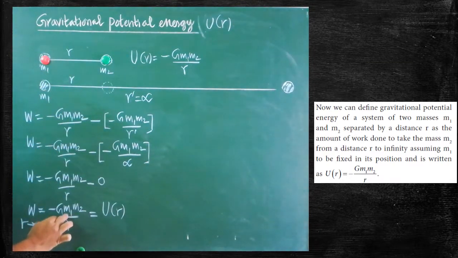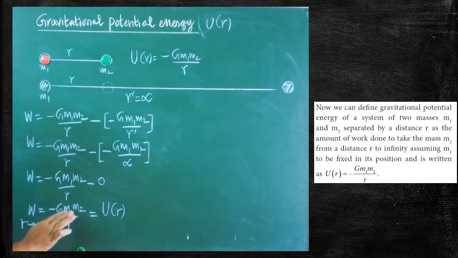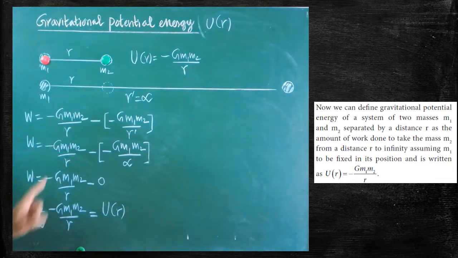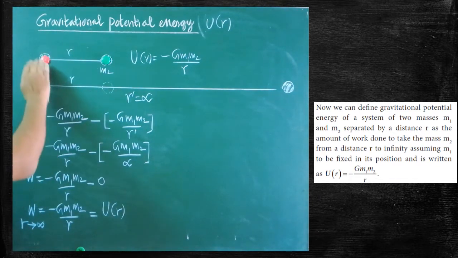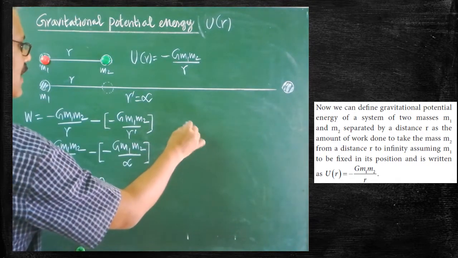Are you clear? So to calculate the gravitational potential energy at a distance of r within the system, this formula must be used. This formula could be used for two purposes. One is to measure the work done to move the mass from r distance to infinity distance. For that purpose we can use it, and the gravitational potential energy that is stored up in the system can also be measured. Are you clear? For example, we will do a problem. You do the problem and later you tell me.